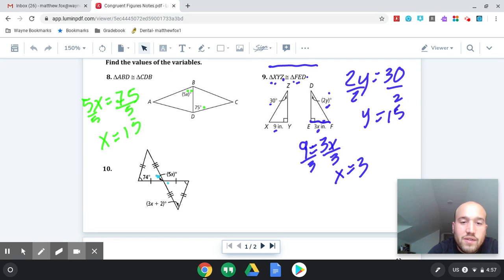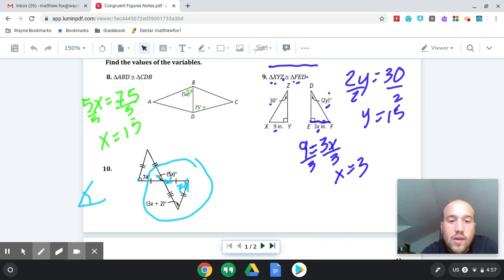So if this one over here is 5x, I can draw my arrow in and know that that is also 5x. And then likewise, last week we talked about if this arc here, if I have an angle with an arc, this one will be the same as this one because they each have an arc. So I can move that 74 over here, and we know it's the same. At this point, I have all 3 angles of this triangle, and I know that all 3 angles always add up to 180. So I'm going to do 74 plus that 5x from the vertical angle plus 3x plus 2